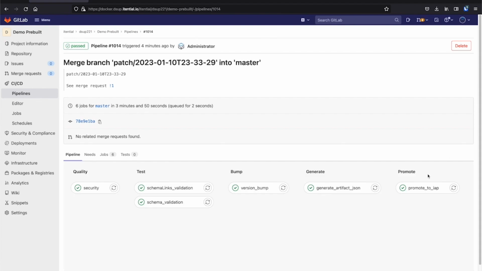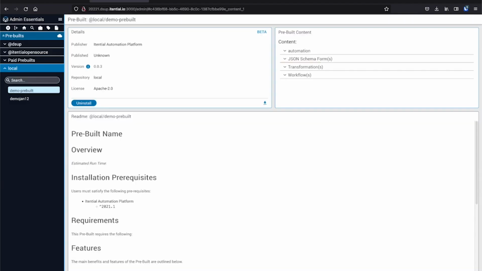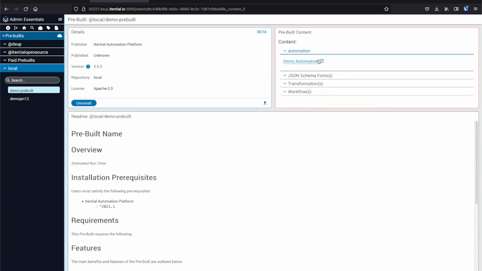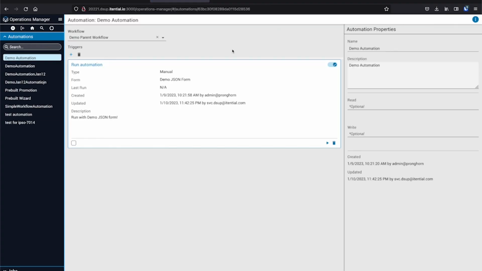As the final pipeline step to promote my new updated prebuilt to my target staging IAP has completed, let's navigate to that target IAP and observe that the components list on my demo prebuilt has been updated, and my demo automation and operations manager has the updated description